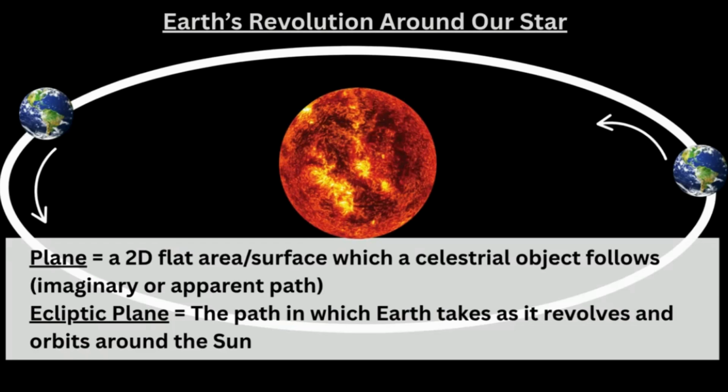object like the Earth follows an imaginary or apparent path around a star in terms of the gravitational pull of that star and the velocity of the planet as it moves around on a pathway. The ecliptic plane is the pathway which the Earth takes as it revolves around the Sun, so one orbital